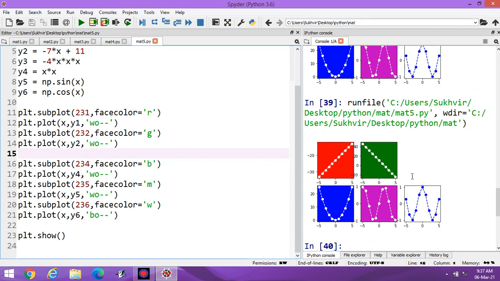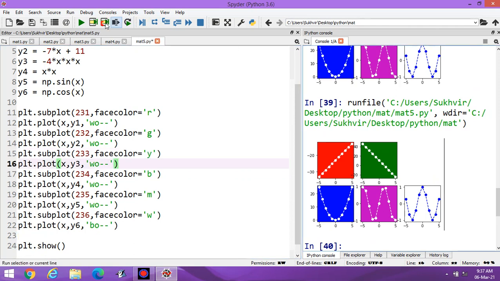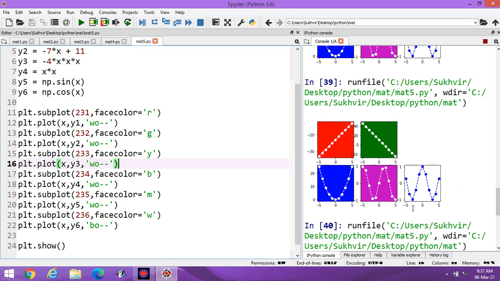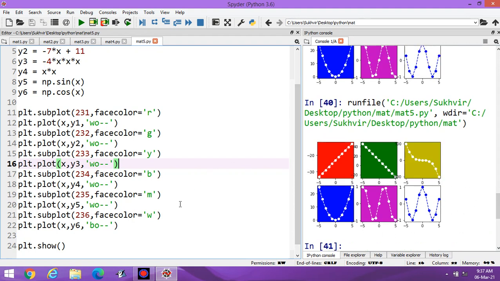You can check the output. You can design accordingly at which location you would like to display. These are the 6 graphs. Similarly, you can design any other combination of graphs, and you can simultaneously design this content on your graph.